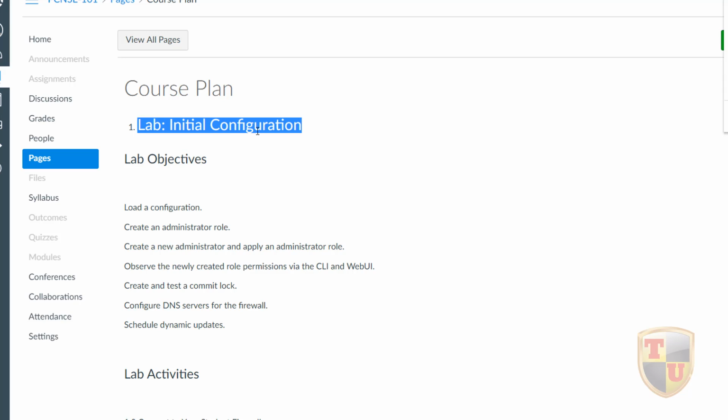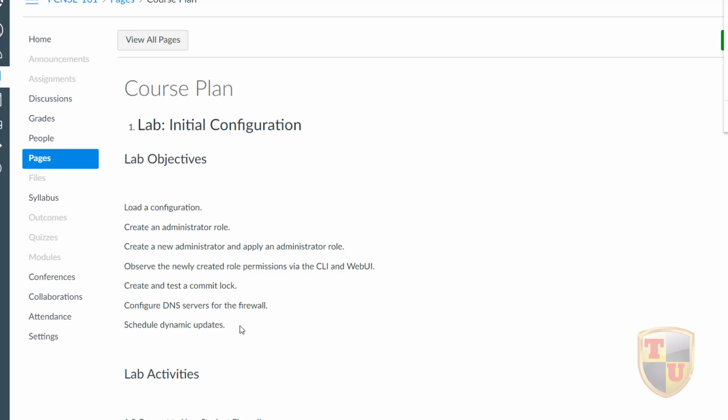The reason why this is broken down this way is that I want you to have a basic foundational understanding about cybersecurity, about the fundamentals, before we dive directly into the firewall. And so when we do dive into the firewall, we're going to start out as if we just took the firewall out of the box for a new customer, and we need to get this firewall set up and ready for production. You'll notice that we'll start out with the objectives,